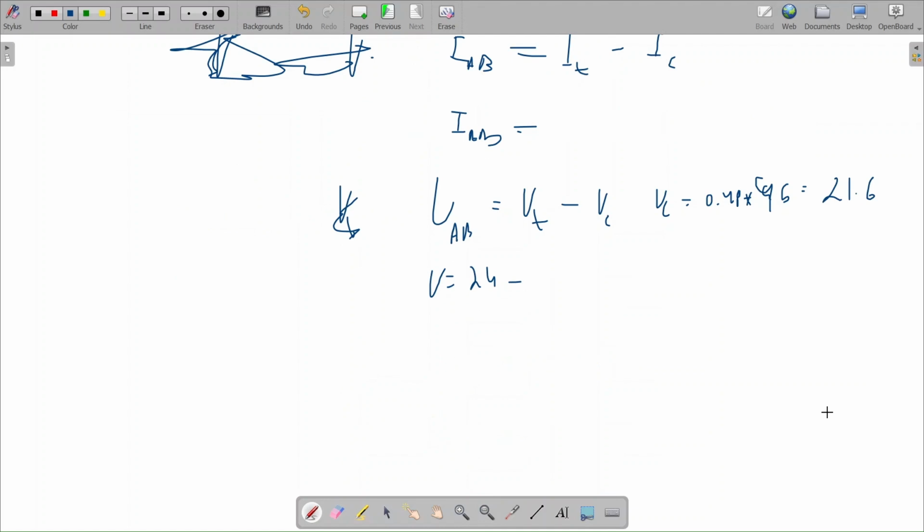So the voltage in AB is equal to 24 minus 21.6, which is 2.4